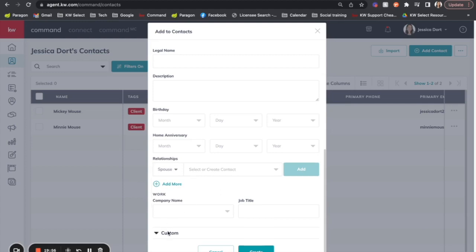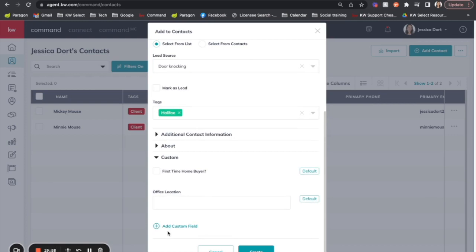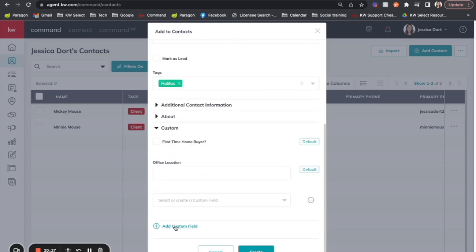The last section here is custom, and this is where you can create custom fields. And these are great if you want to keep track of any other information that was not available in the list that we just went through. So you may want to keep track of kids' names or pets' names, or maybe whether they're a first-time home buyer. To create a custom field, you just click Add Custom Field, start typing in what you want that field